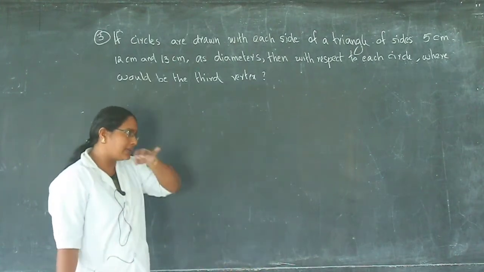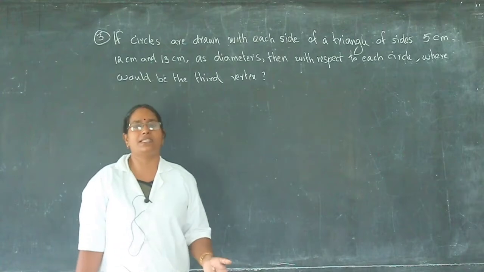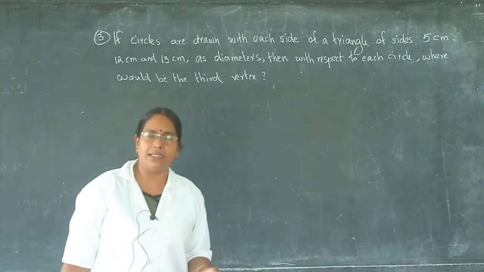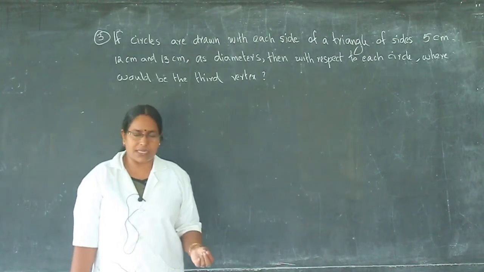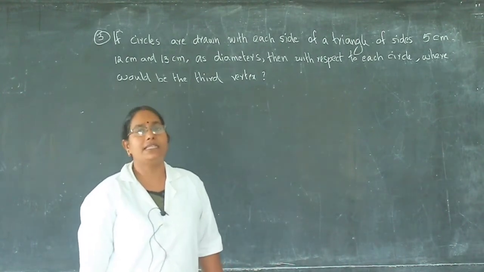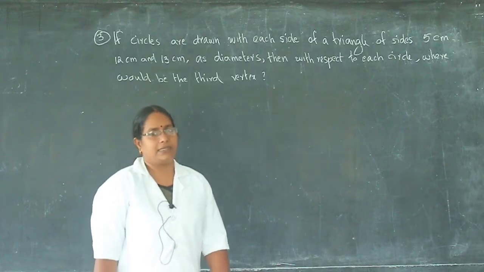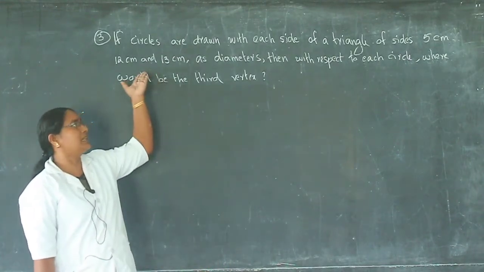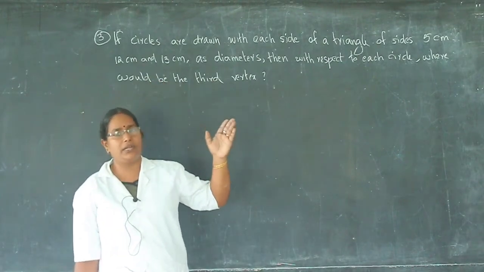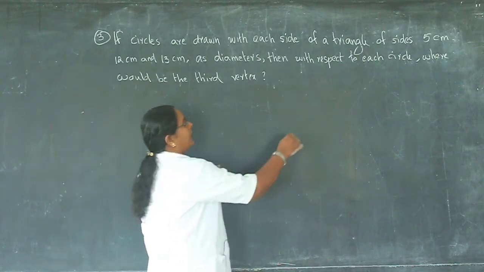One triangle is given. In the first two questions, if the angle is 90 it is on the circle, less than 90 it is outside the circle, and more than 90 it is inside the circle. Therefore, we want to find the angle, but here only the sides are given. Therefore, one triangle is drawn,